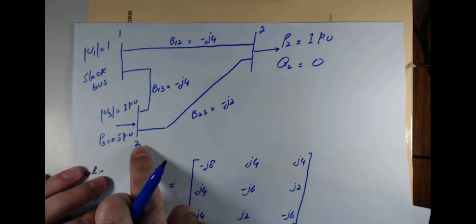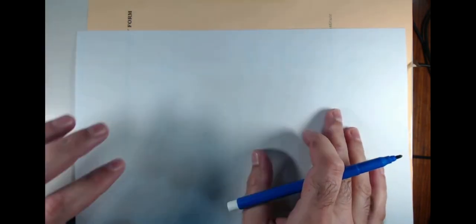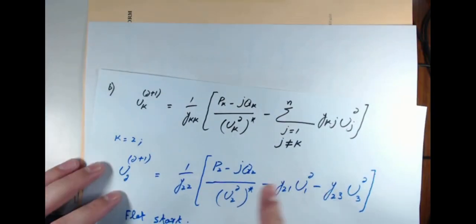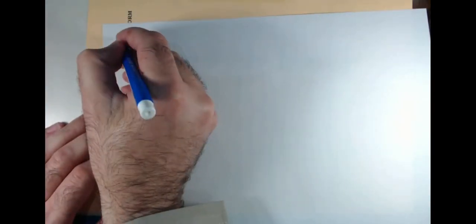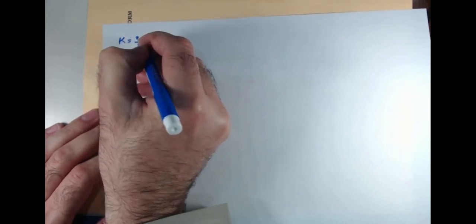So bus number 3 is the voltage control bus, where the voltage magnitude is given, but we are supposed to find the angle. So now again, as I mentioned before, we are supposed to find the whole expression, and from that we will determine the angle. So now again, starting with the general form of the Gauss-Seidel algorithm, which is given here, we start with that expression. So for k equal to 3, which is the voltage control bus,